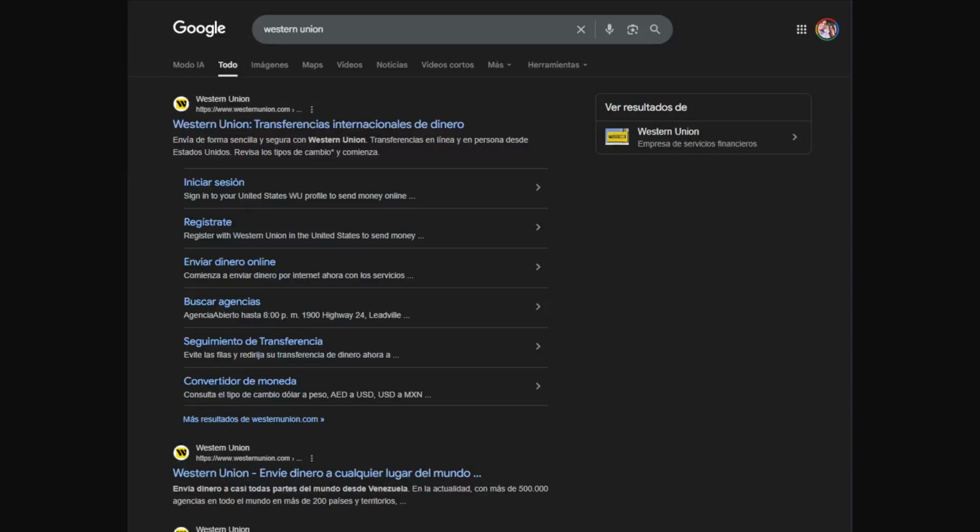Hi guys, today we're going to see how to receive money through Western Union in Nigeria. Well, this is simple. We're going to find Western Union in our browser and click the first result